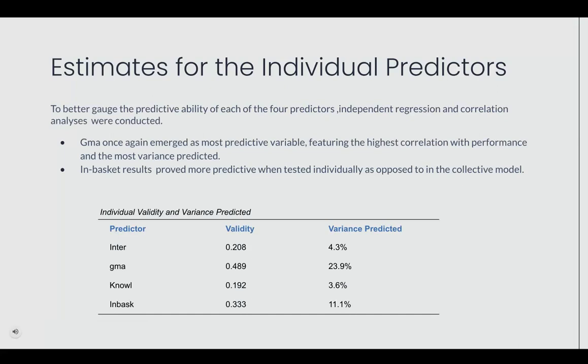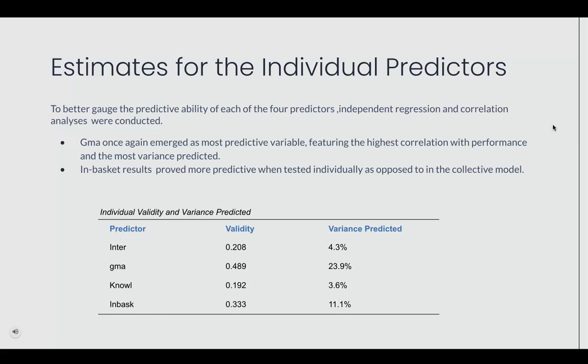Estimates for the individual predictors. To better gauge the predictive ability of each of the 4 predictors, we conducted independent regression and correlation analysis to gauge the validity and variance of performance predicted by the individual predictors themselves. Keeping in mind the guidelines for the strength of effect size, we see that the coefficient of 0.208 for interview suggests a moderate to weak relationship between interview and job performance, and the measure only accounts for roughly 4% of